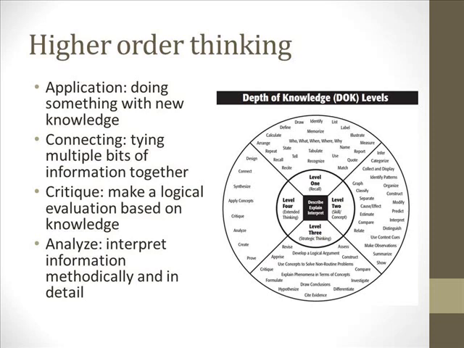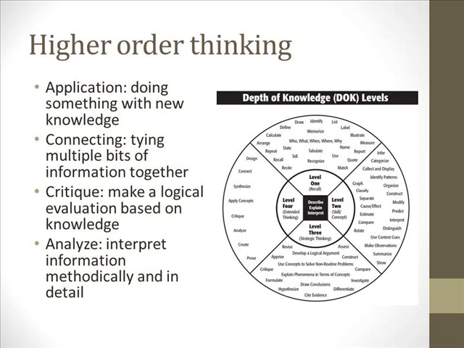And so the big four things that we're going to try to do in this class are application, so developing some knowledge and then doing something with it, trying to figure out what do we need to do with this history, how can we take it and learn from it. That's going to be important. Connecting, tying bits of information together to make more sense. So if I look at the civil rights movement and then I look at another issue, how do those tie together? How can I connect those logically?